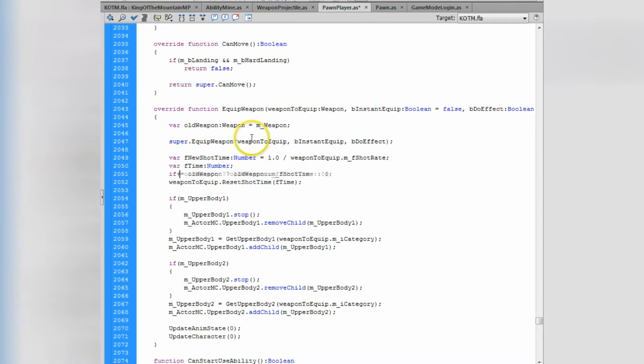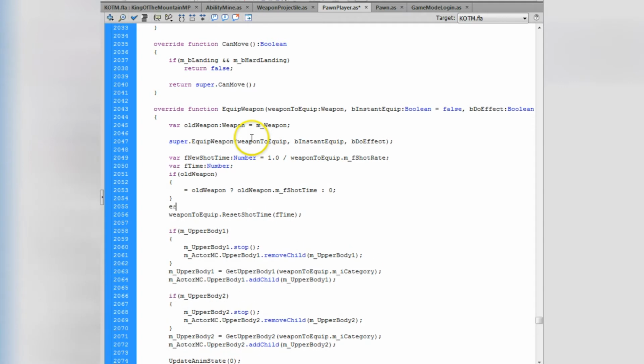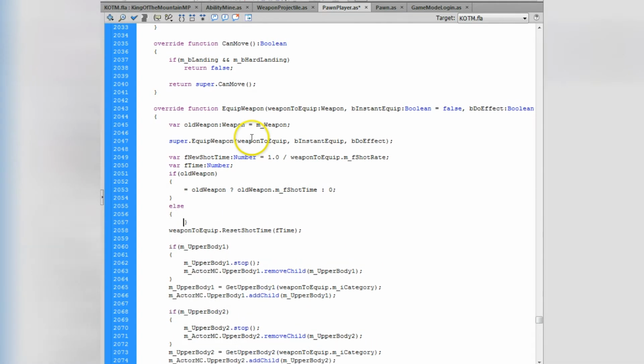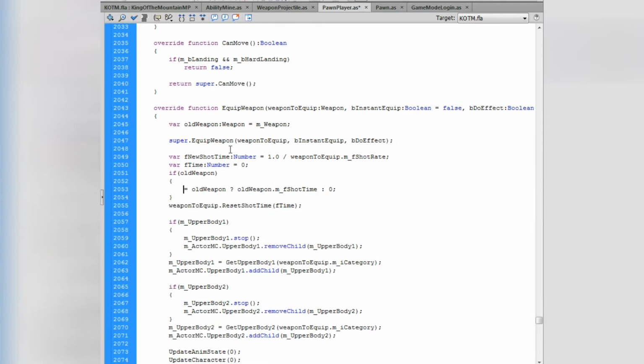I'll make that code a bit clearer. If there's an old weapon, we'll do something. If not, yep, we'll just do something if there's an old weapon. Okay, so like I said, if there's